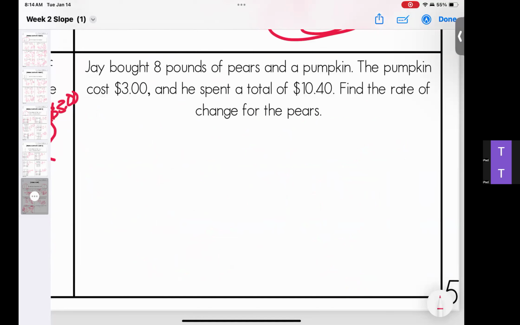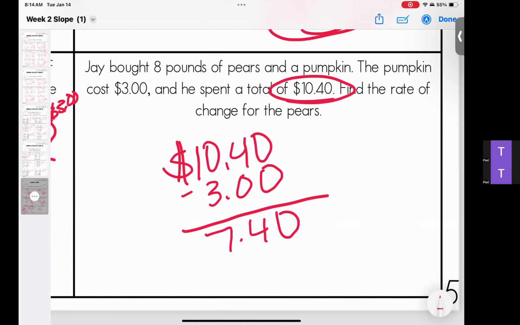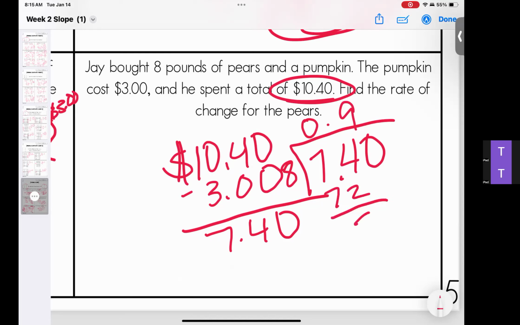Last one. Jay bought 8 pounds of pears and a pumpkin. Pumpkin cost $3 and he spent $10.40. So $7.40 needs to be shared with the 8 pounds. 9 times 8. And then 2 times. And that would be a 5. So we're going to round it up to